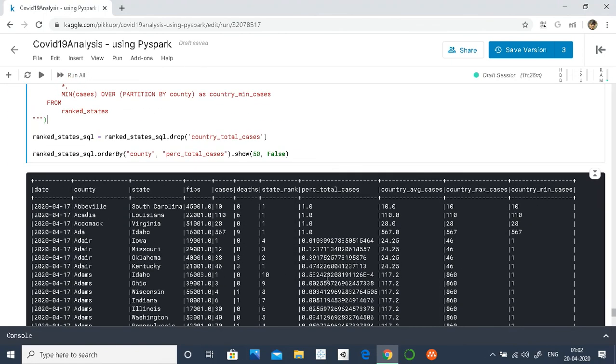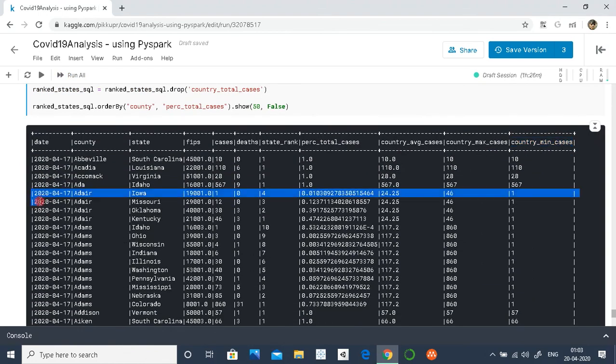Now, as you can see, this county total cases column has been dropped, and we got the result. So let's take the same example here. The minimum number of cases was for Iowa, which is 1, and it got populated here.